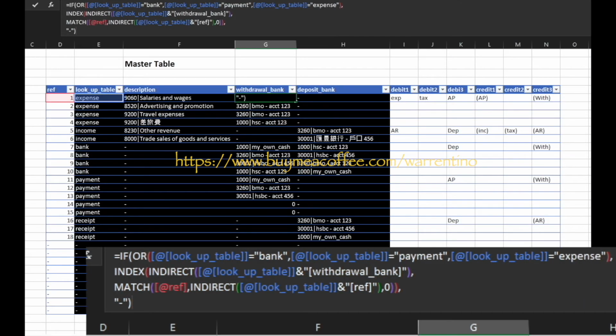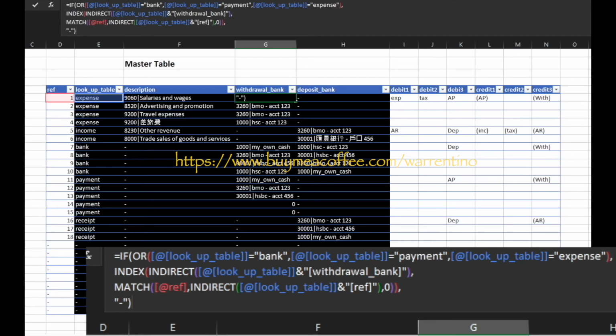The withdrawal bank formula is very similar to that of the description. We only change the lookup criteria inside the OR bracket. Here we initiate the lookup of the withdrawal bank column when the lookup table is bank, payment, or expense. And my target column is now the withdrawal bank column.